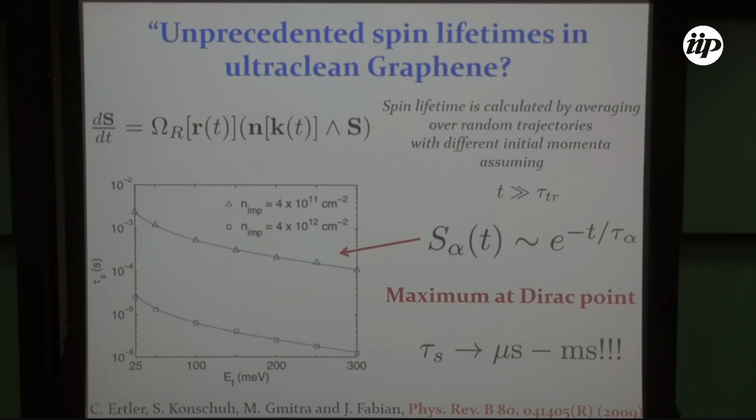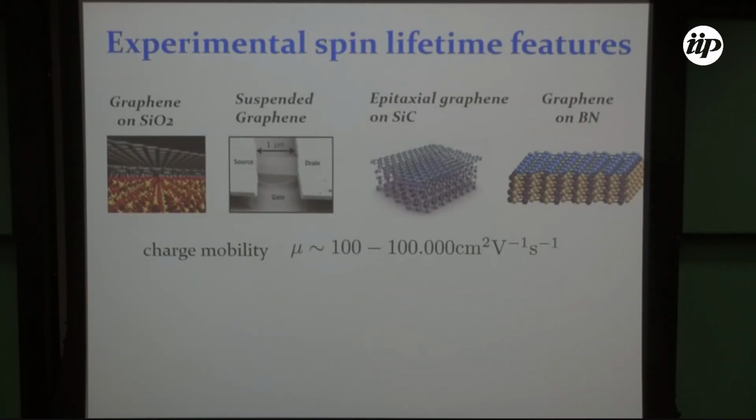So what people expect, given the density of impurities, makes the spin lifetime in the order of microseconds or milliseconds. This is 6 orders of magnitude larger than what we knew at that time for other materials. So 6 orders of magnitude is very large. And in addition, there was a maximum of the spin lifetime when we were going closer to the Dirac point. So people tried to progress,